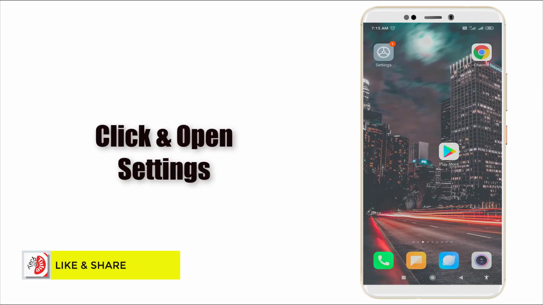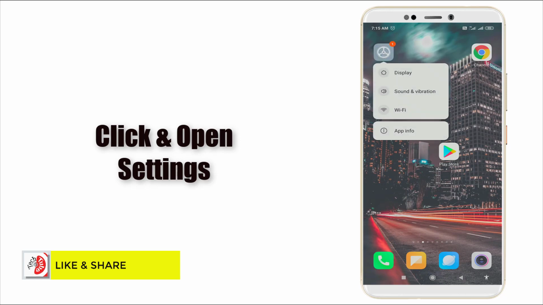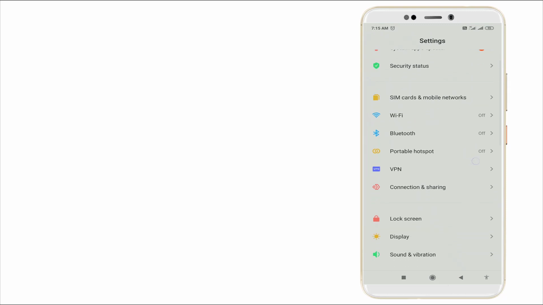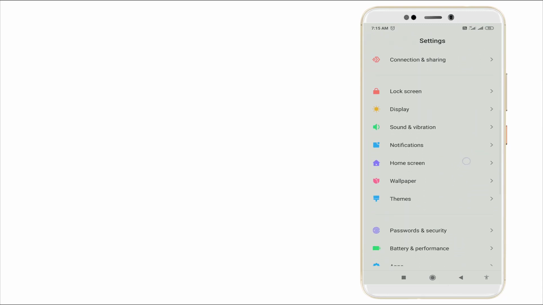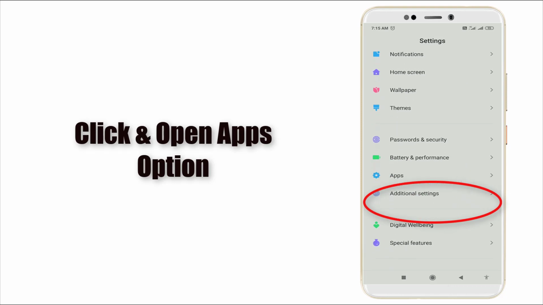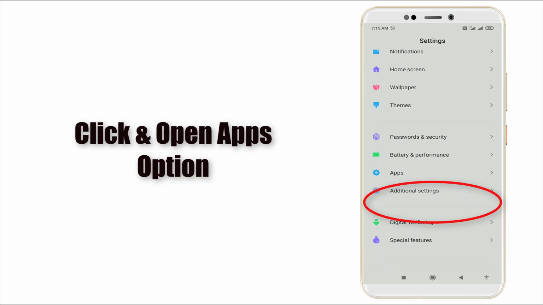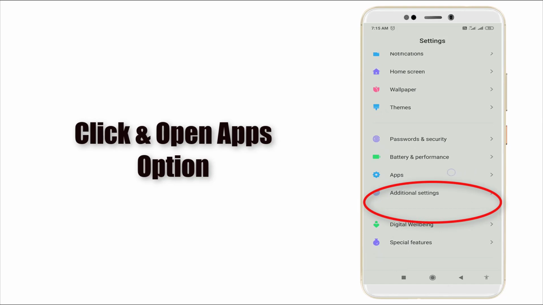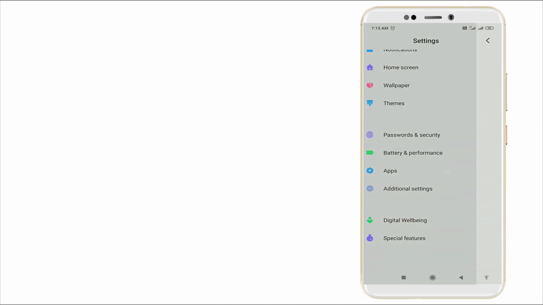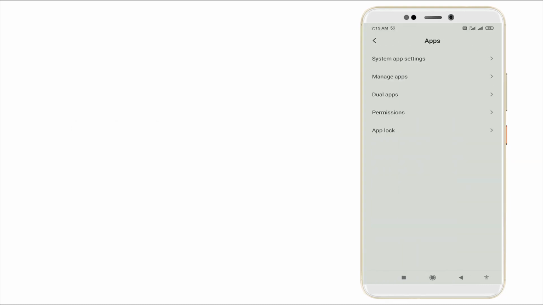For fixing this, you want to go to system and slightly scroll down and you can see apps are there. Some systems consist of apps and some other systems consist of applications. This is a Redmi device, Xiaomi. In this app section, click apps and you can see system app settings is there. The first option, click that system app settings